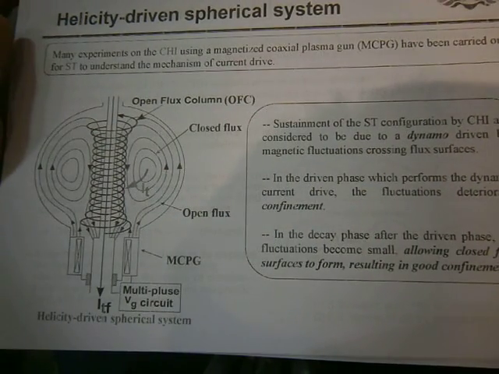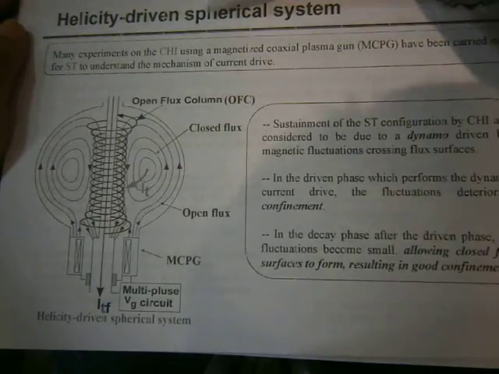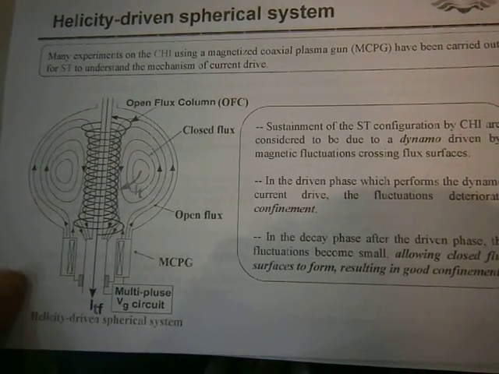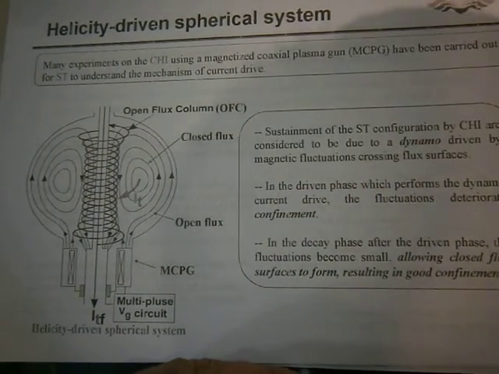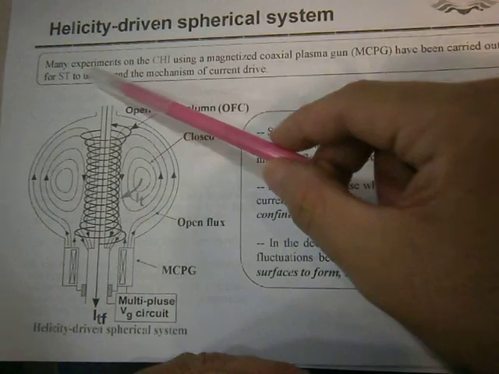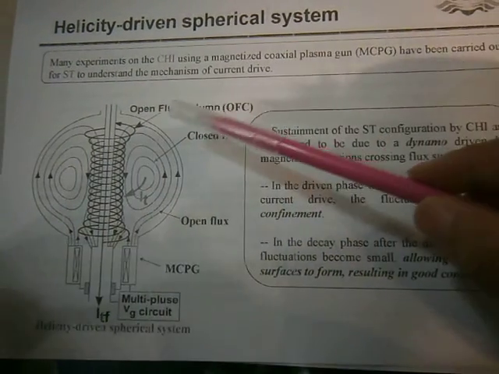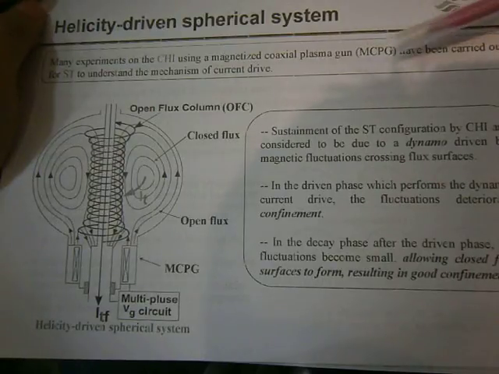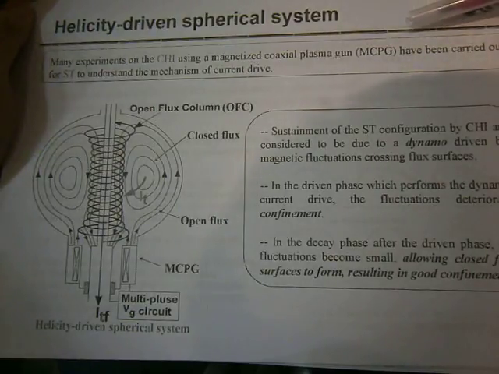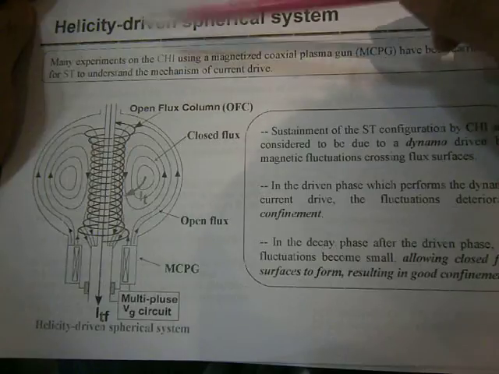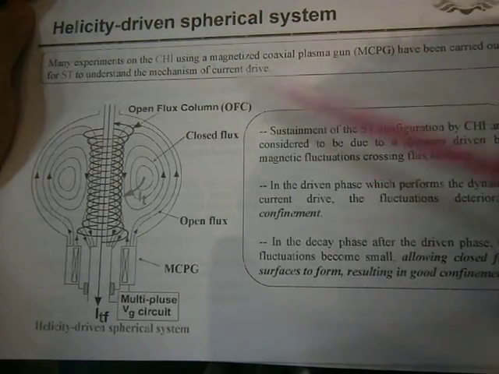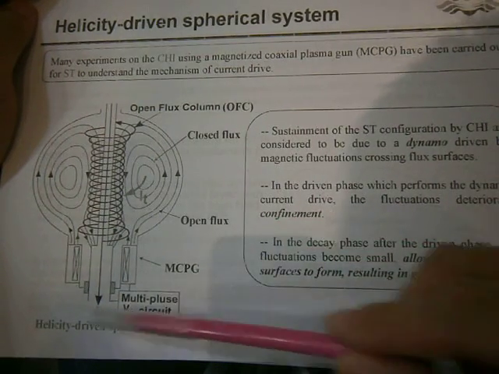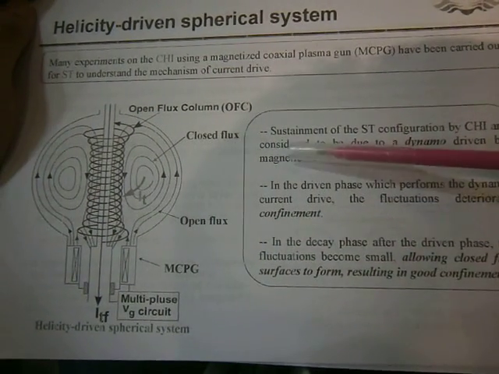Helicity driven spherical system. Many experiments of CHI using a magnetized coaxial plasma gun, MCPG, have been carried out for the ST to understand the mechanism of current drive: open flux current, closed flux, open flux, much flux, high-level sustainment of